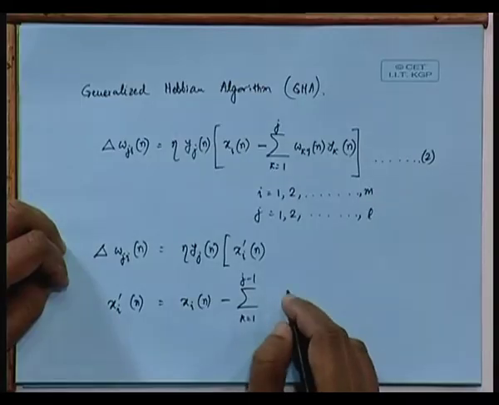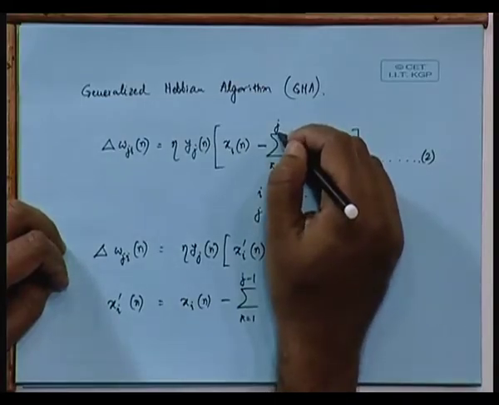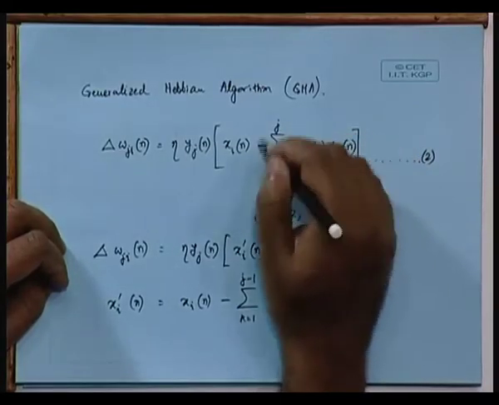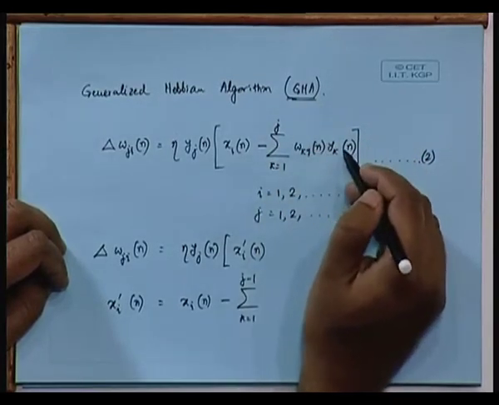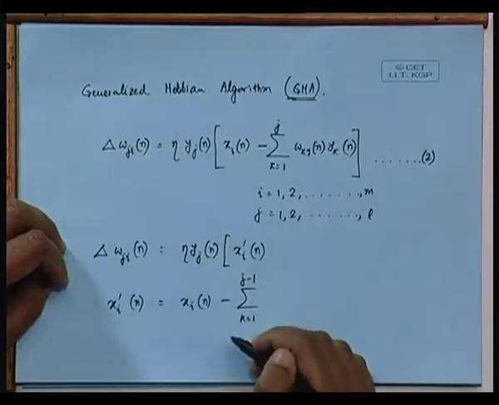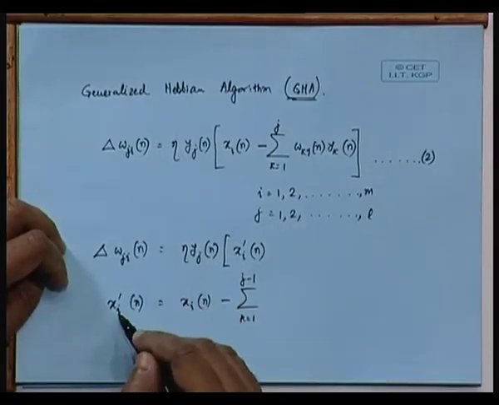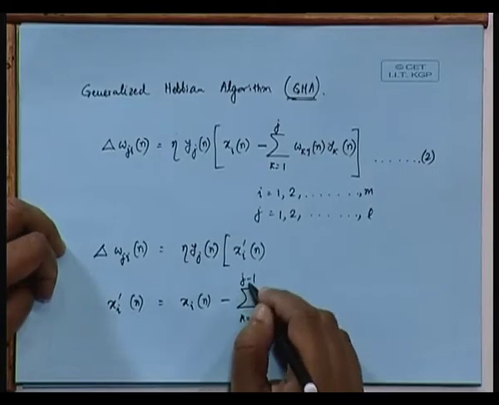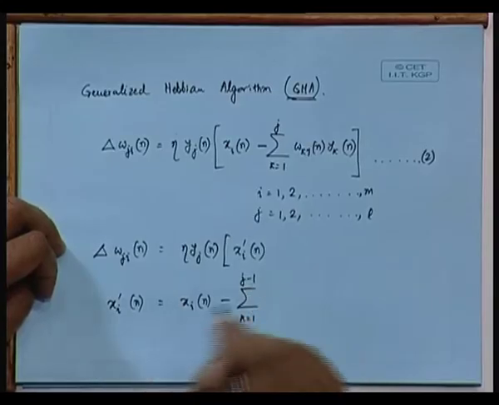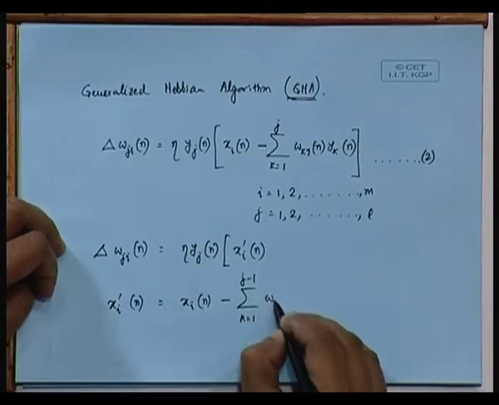It means all the previous terms; mind you, the generalized Hebbian algorithm includes the jth term, whereas what we are considering in the definition of xi'(n) is xi(n) minus the sum over k equal to 1 to j minus 1. So we are going one before, wki(n)